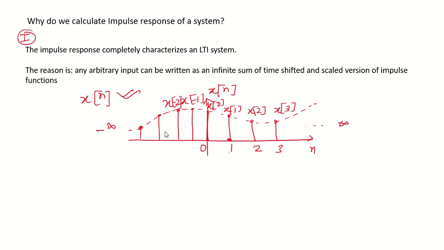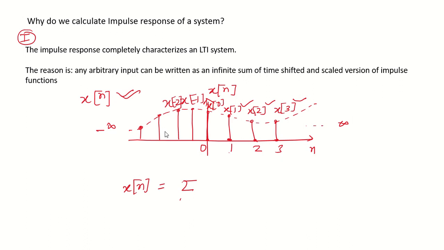So if this is del n, this will be del n minus 1, this will be del n minus 2, this will be del n minus 3. So these are the time shifted versions of the impulse signal, and these are the magnitudes of those time shifted impulse signals. So we can define this signal in terms of the impulse signal as x of n equals